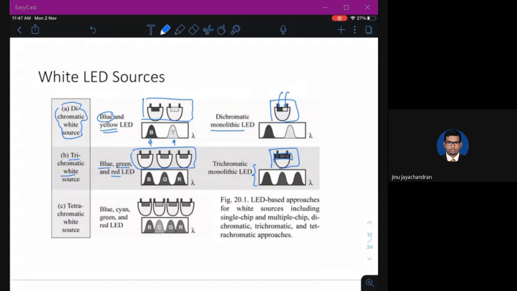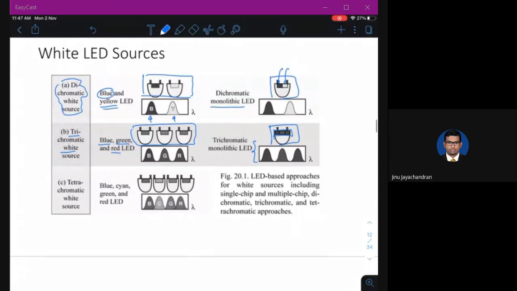Finally, when it comes out, you will see it as a white LED. The last one is the tetrachromatic white source. We also have pentachromatic, but if you look at tetrachromatic, you have blue, cyan, green, and red. You have four different LEDs which can be mixed. So these are different ways of producing white light using different white LEDs.